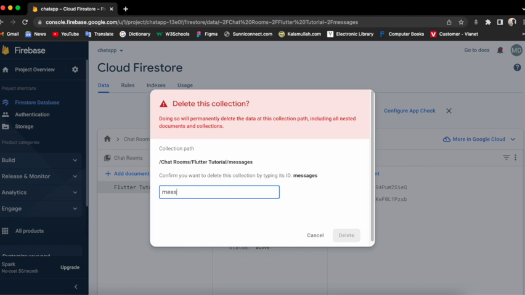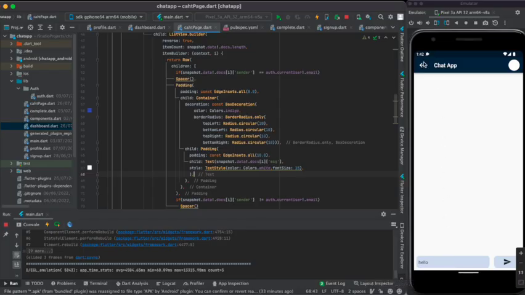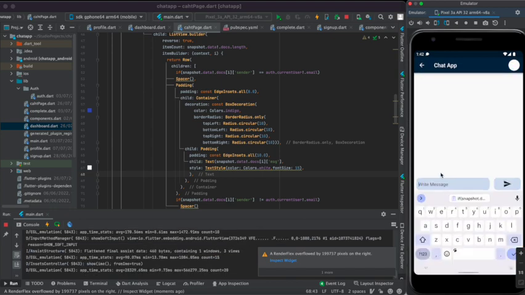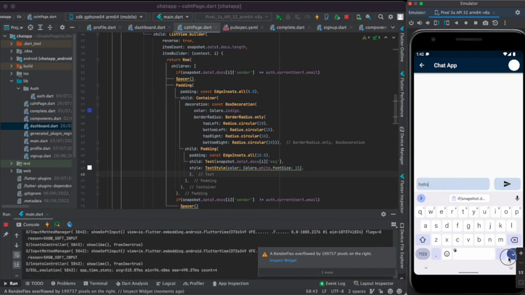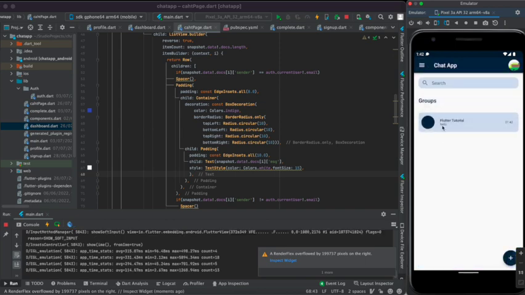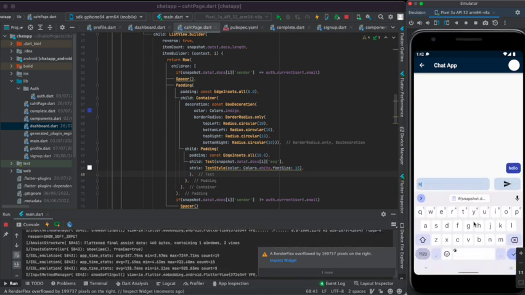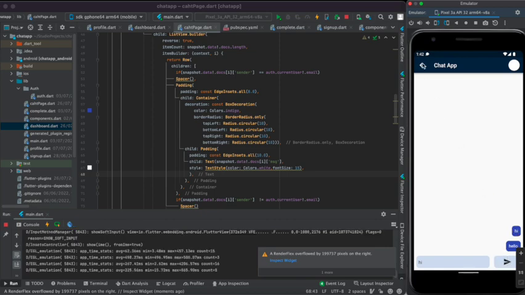Just wait here. Delete this collection from the server. Again move to AA. Here just write hello and send it. The error is gone. Now you can see here this is hello, but when I write hi again and send it, it went to the upper side of this,